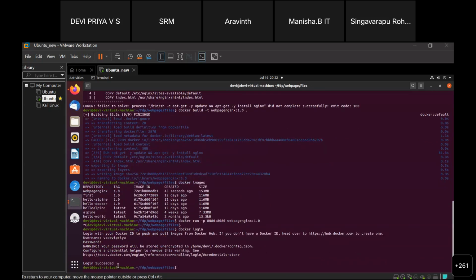Okay, login succeeded. Once I have successfully logged into the Docker Hub, I can push into the Docker Hub using the push command. For that, you have to tag the image. So I am tagging the image by using docker tag.